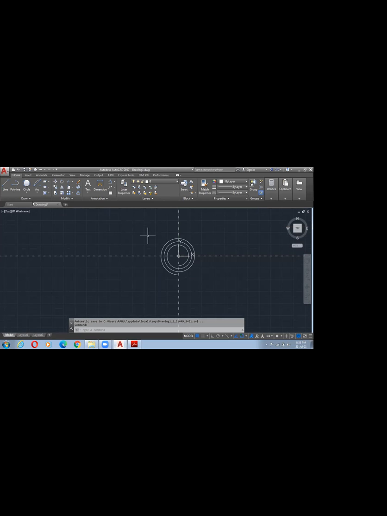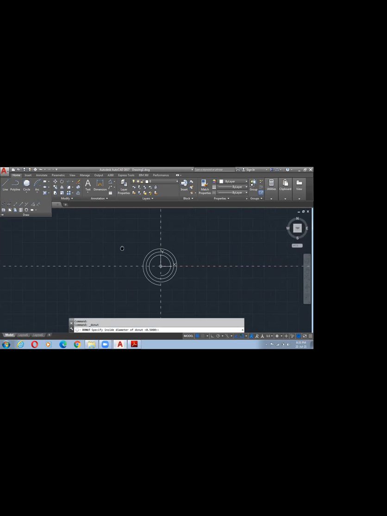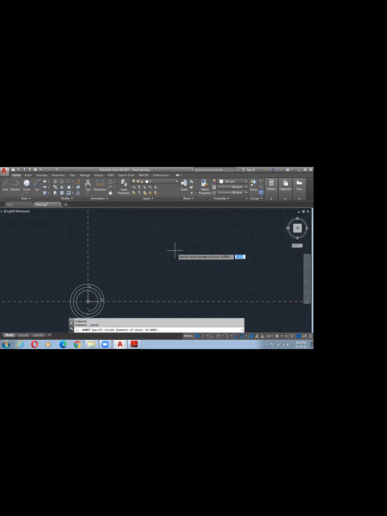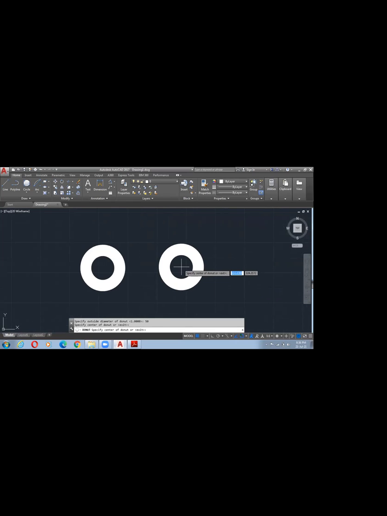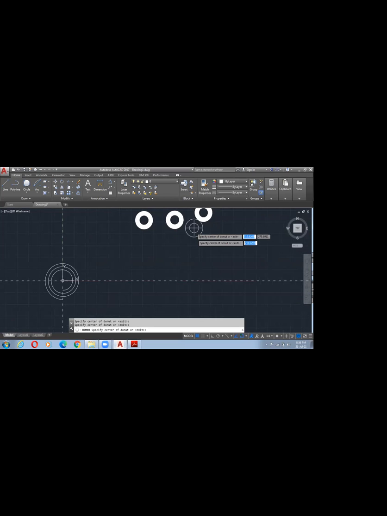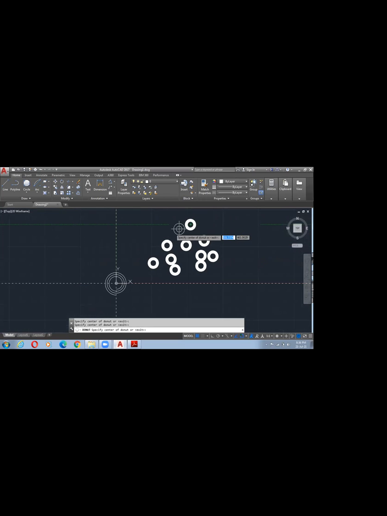Helix and donut. Donut in the sense you will get hatching circles. Specify the reference point and initial diameter. First point, second point, outside diameter of a circle 50. Enter, select it. Okay, with a single one you will get multiple, as many as you can place. Mostly electrical engineers will use this, mechanical not required. These donut options.